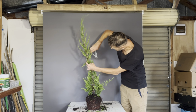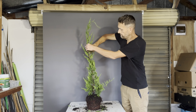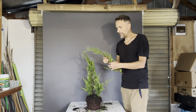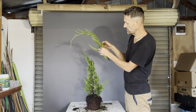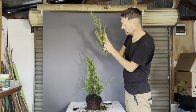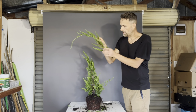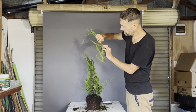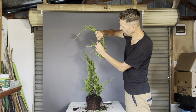So I've just assessed that I'm not going to take the tree higher than this. So I'm going to cut it off with a knob cutter here. So all of this is coming off, and all of these ones here make fantastic cuttings. They're a good thickness for it, probably 2 to 3 millimeters thick at the base,